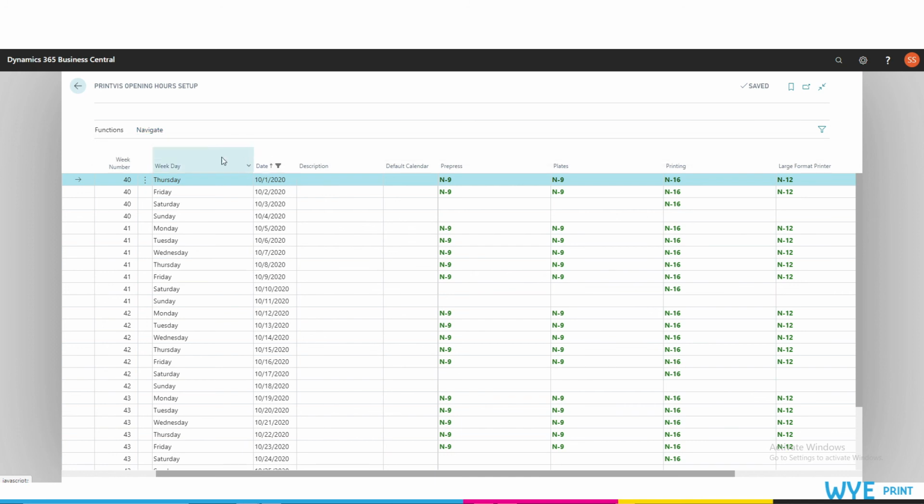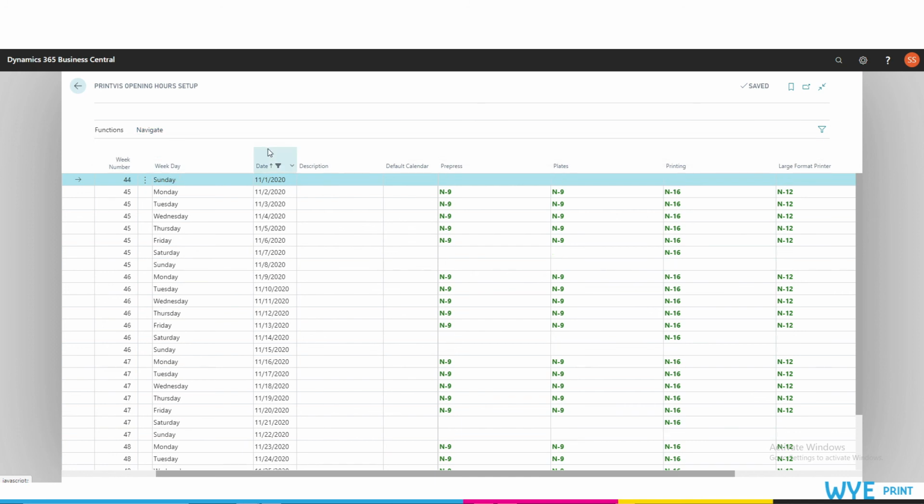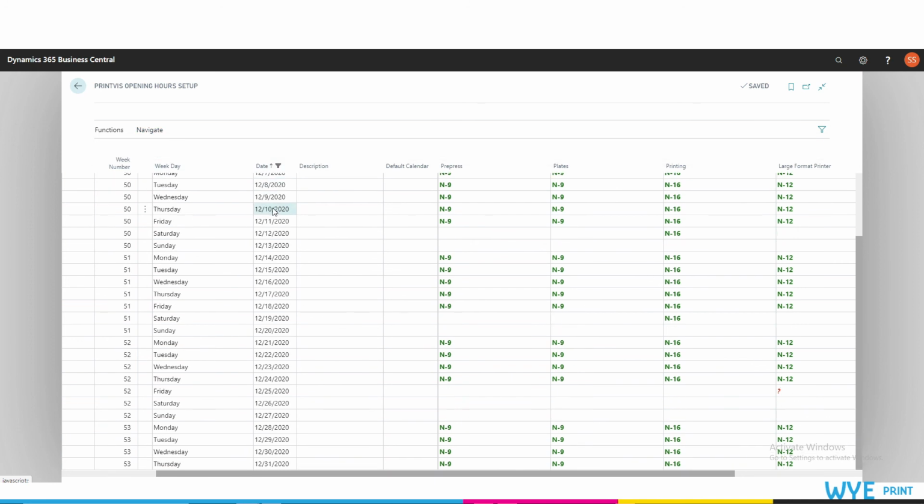For this example, I will go to December, and I will go down to December 25th, also known as Christmas. On this day, I did not want anything assigned, and so you can see here I have cleared the day of any profiles. Because there are no profiles in any departments, there will be no jobs that are running on